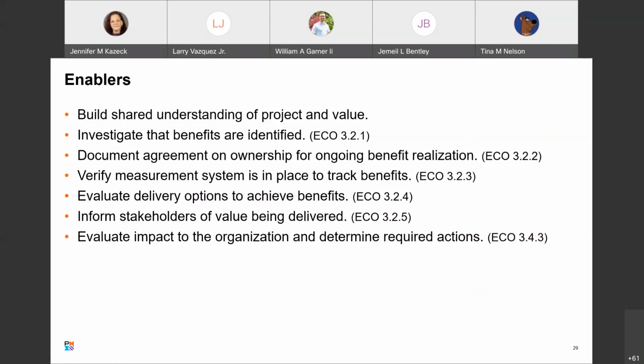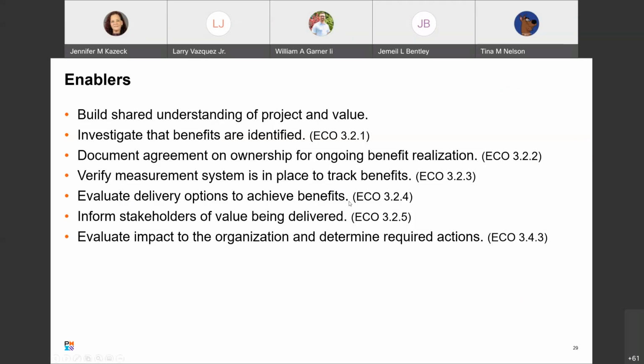We're going to build shared understanding of project and value, investigate that benefits are identified, document agreement on ownership for ongoing benefit realization, verify measurement system is in place to track benefits, evaluate delivery options to achieve benefits, inform stakeholders of value being delivered, evaluate the impact to the organization, and determine required actions.